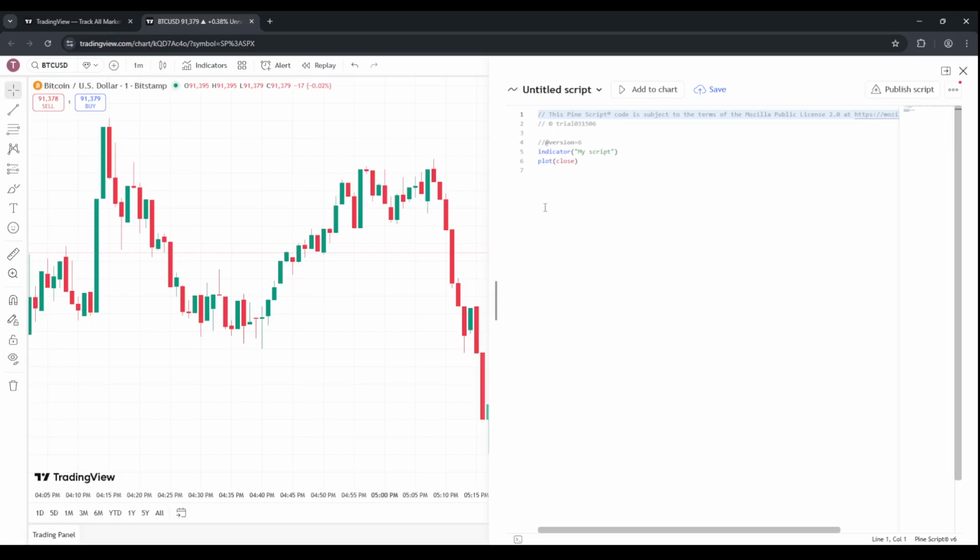Once it's on the chart, you'll see your plots appear in real time. You can verify the behavior by switching symbols or timeframes to make sure the script reacts as expected. That's it. You opened a chart, found indicators, went to your Personal tab, created a new script, wrote it, and added it to the